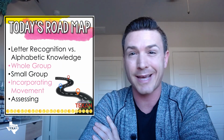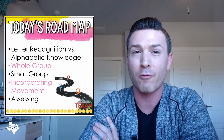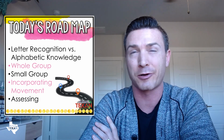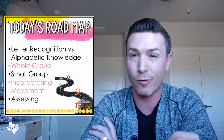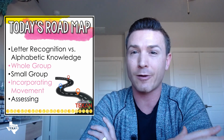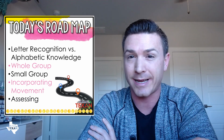So, building letter knowledge. Here is today's roadmap. We are going to start off with letter recognition versus alphabetic knowledge, just a little bit of background for all of us before we jump in. Then I'm going to discuss things that I have found to be very successful whole group, things that have worked successfully small group, a few ways that we can incorporate some movement, and then a look at assessing our